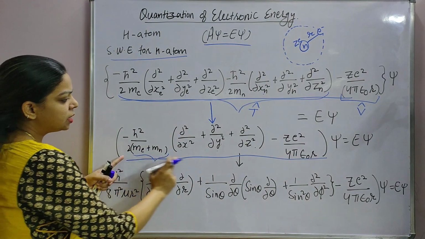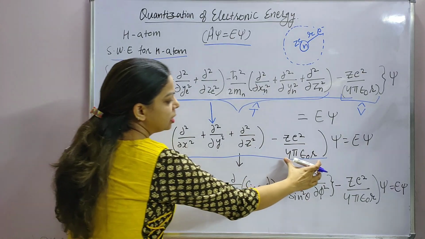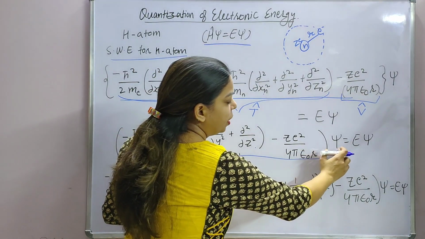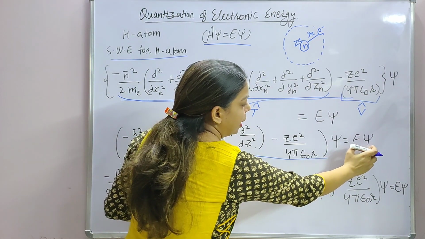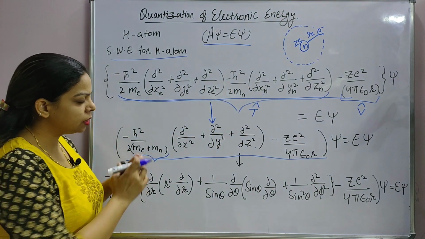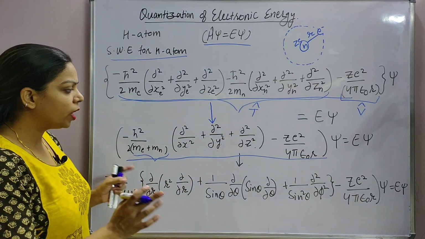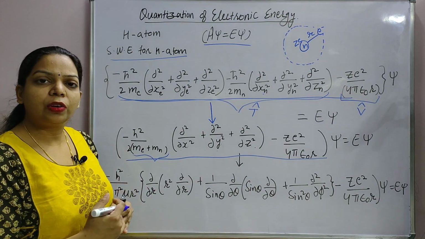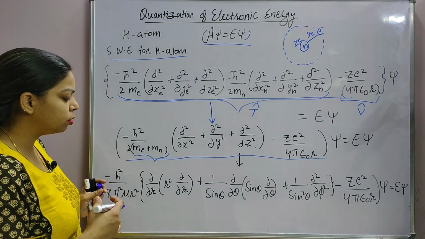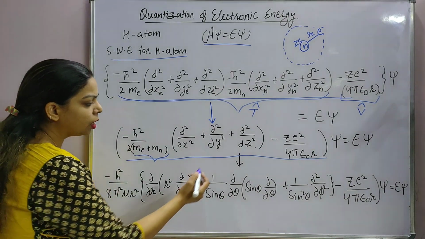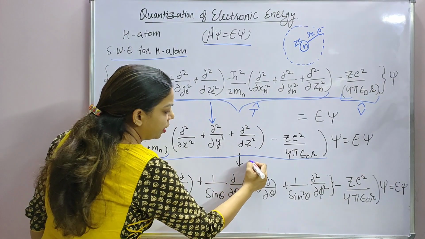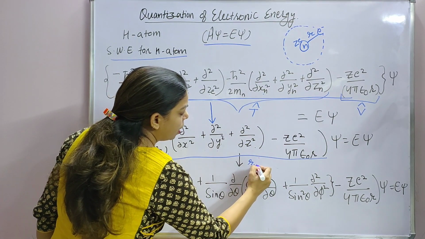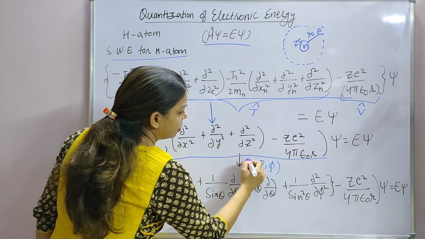So this is the kinetic energy term here, and this one is the potential energy term. You know how to write it. And this is the wave function of the electron and its energy, so this is an eigenvalue equation. Now again we have three different coordinates and various terms. To solve this equation, we have to simplify it further. For that, we will convert this into polar coordinates, or I must write it in terms of r, theta and phi.